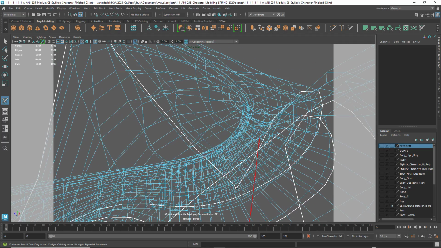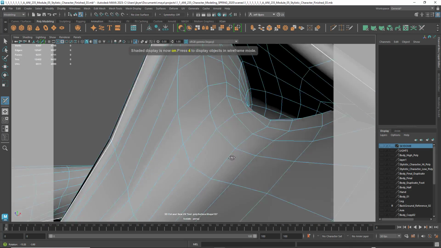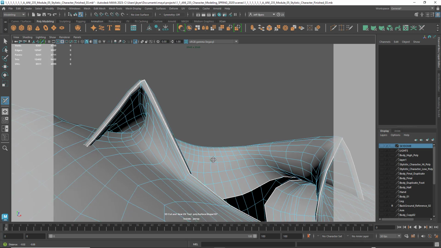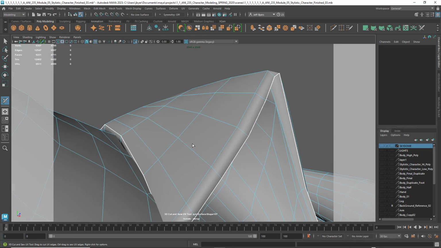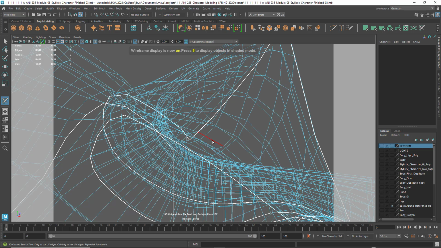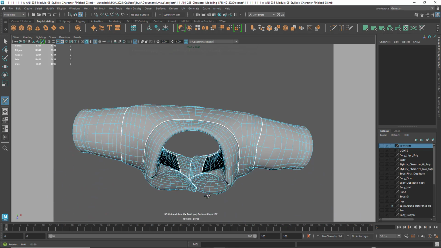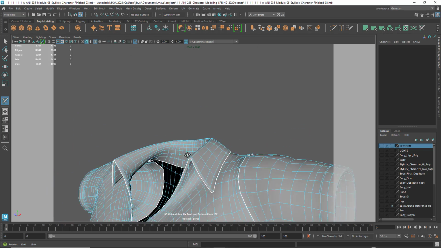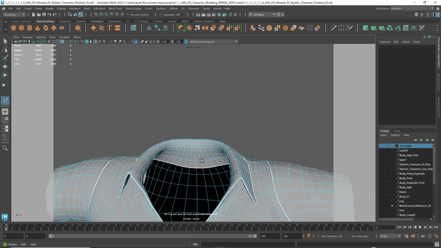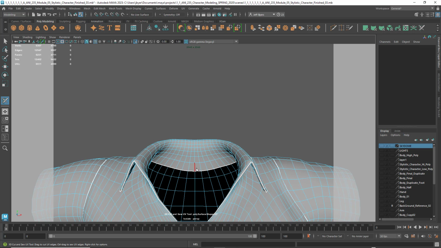Okay, and this gets tricky when your geometry is underneath other geometry. But I can see that it is going where it needs to go, and I'm going to look at the other side as well and just double check and make sure that's looking good. Okay, all right, so I'm going to hit the 5 key again. All right, so there's the collar, and I believe we have a cut in the center here,